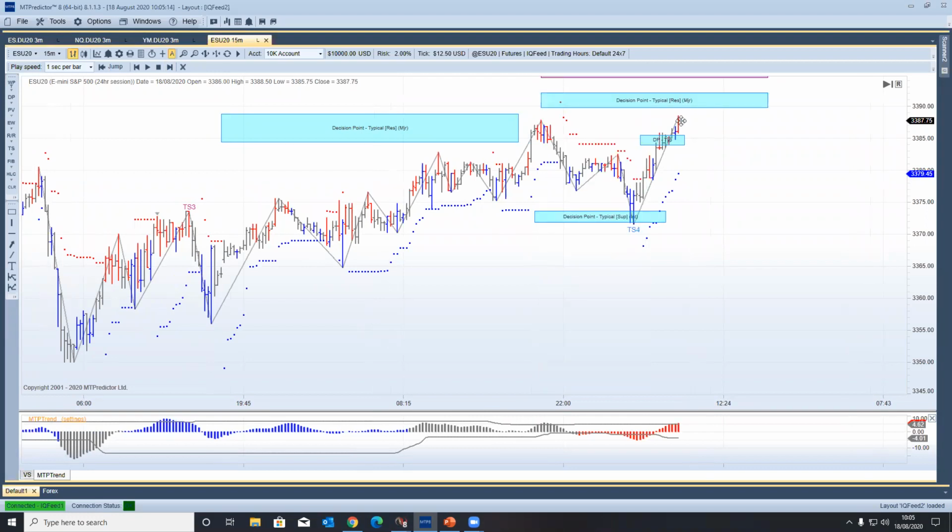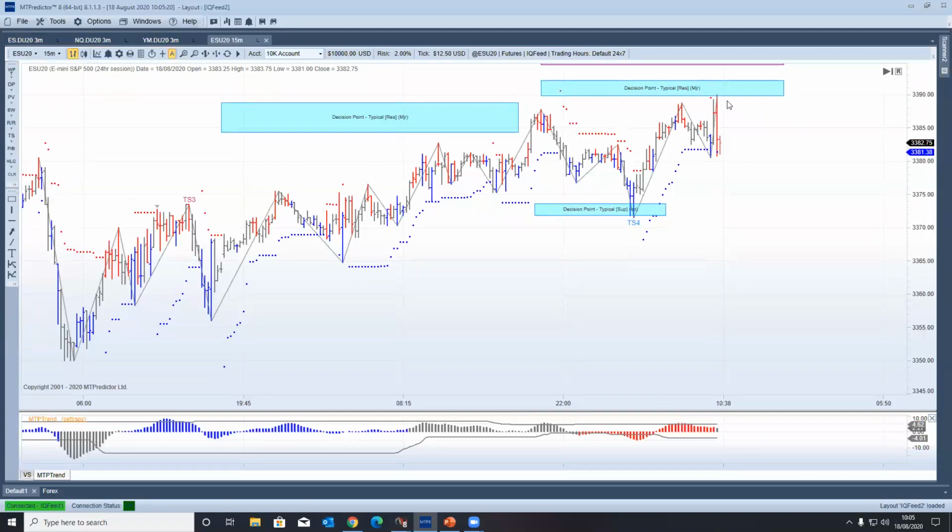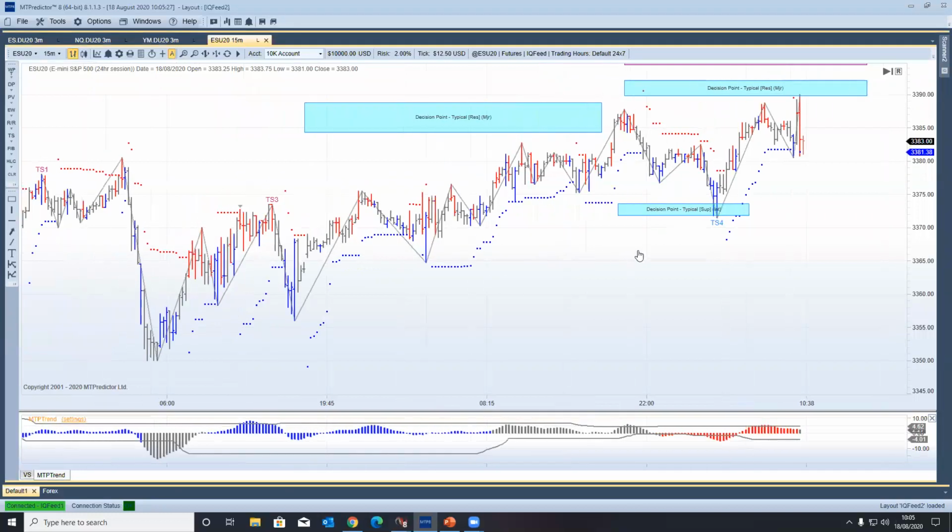This will be the next area of resistance. I'll just take that one off. So if I turn training mode off, look what the ES has done today. It's gone zip, up into that. It's now starting to decline down. If I scroll back a bit,